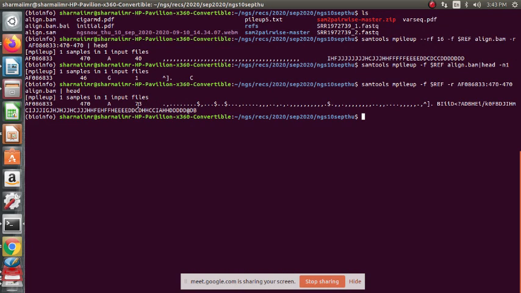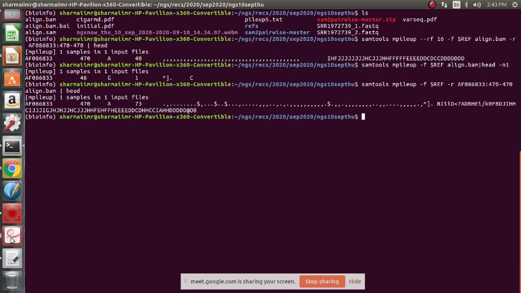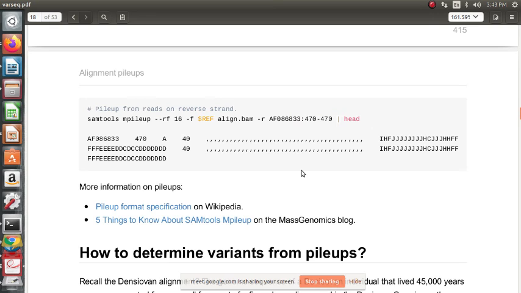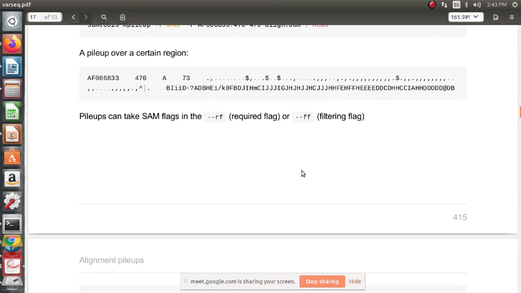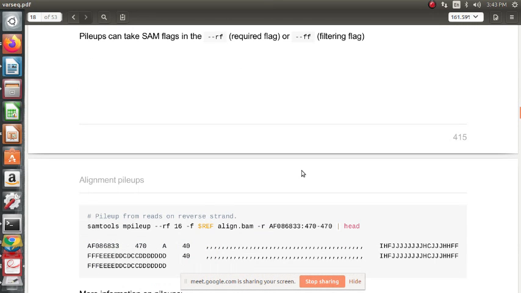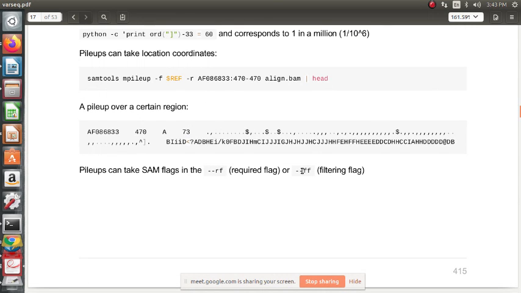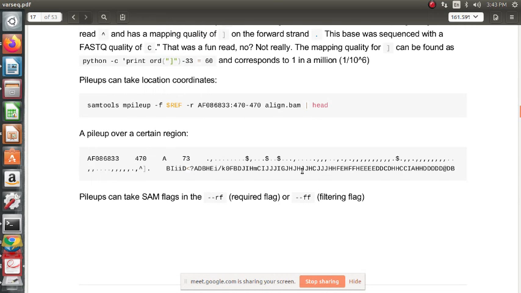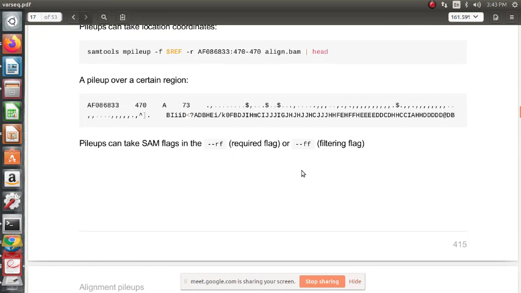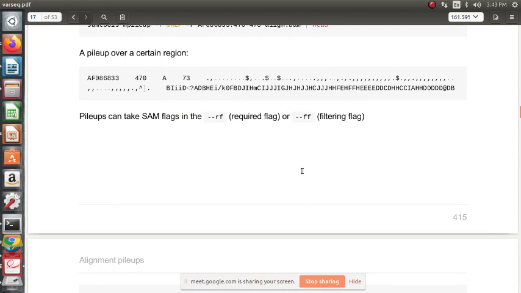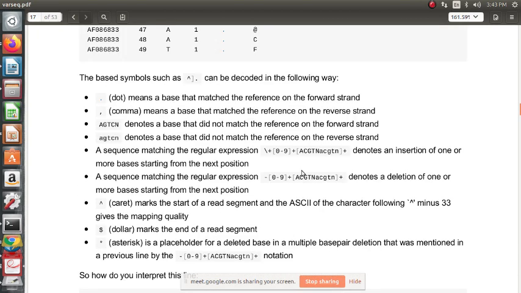Is the 73 going to be this 73? One minute. If we come back again, in the same column we should have something A and then 73. So at 73, this is going to be the mapping quality, 1 2 3 4, fourth column, right? Fourth column.